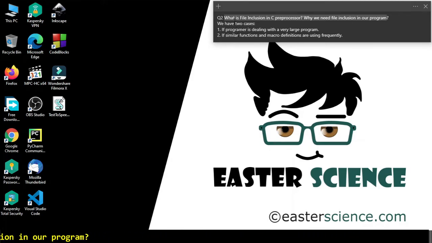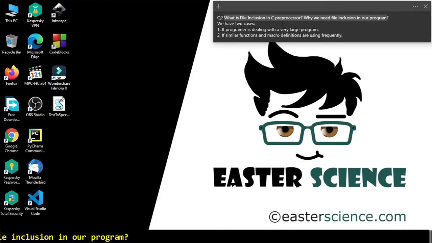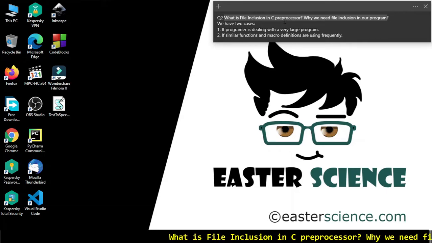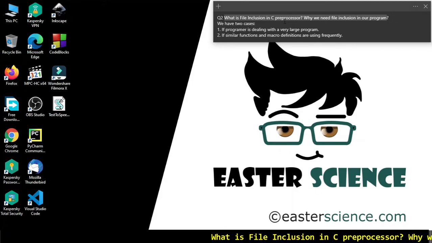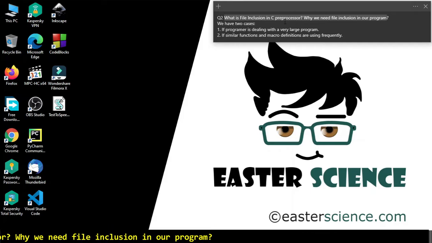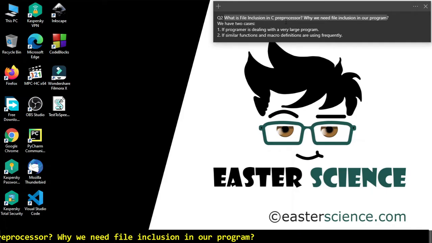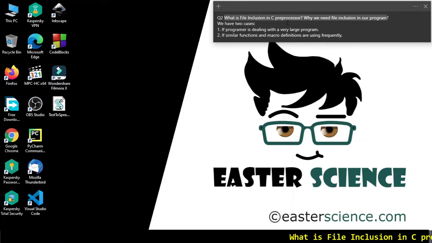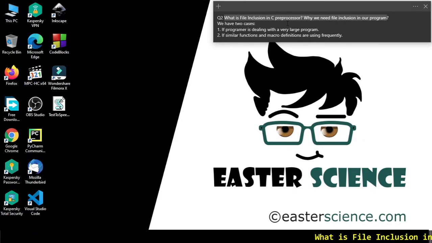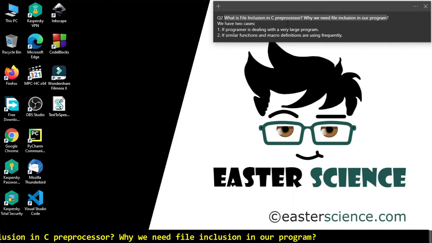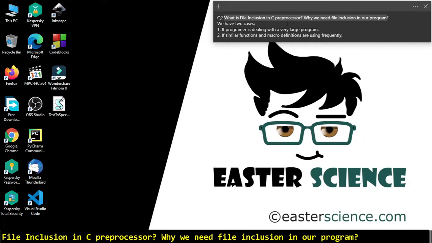Today we are going to learn about file inclusion, as I told earlier, about the C preprocessor. This is the second type of C preprocessor. What we actually do here is merge files: we create some other files along with the main file, and we insert all the content from the different files into our main program. This file inclusion is generally used for